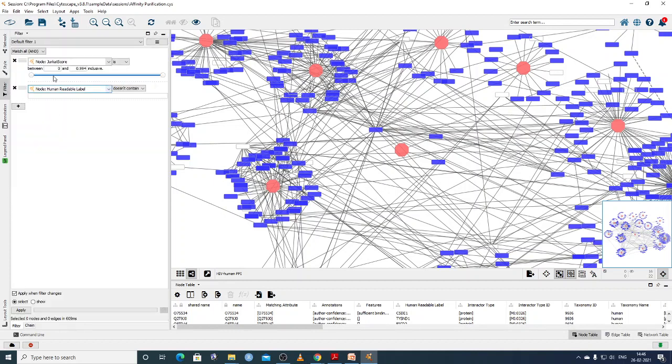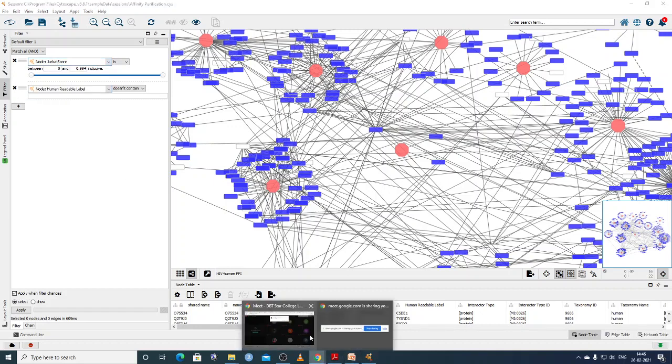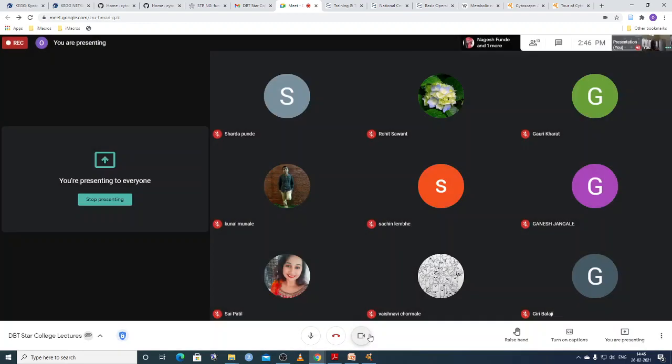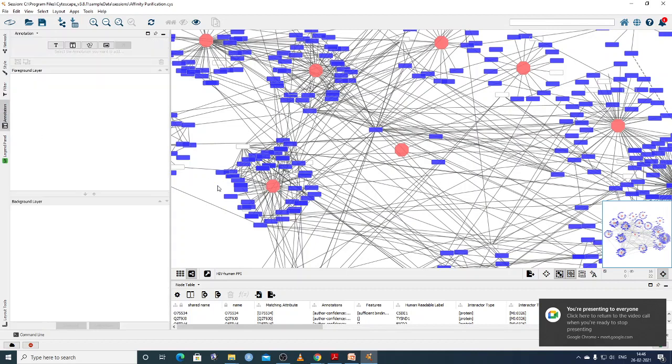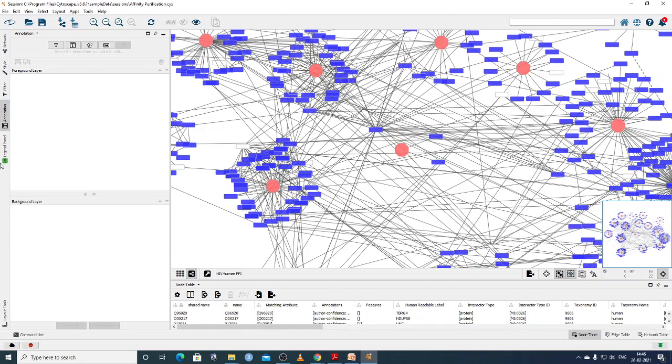Then under the filter section you can select different filters here, such as node matching attribute, name, KB, PSI. You can do these different things here. So this is a filter. Then there is annotation. Annotations means you can manage the names given to these different attributes.